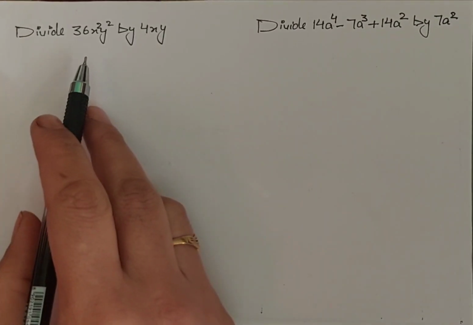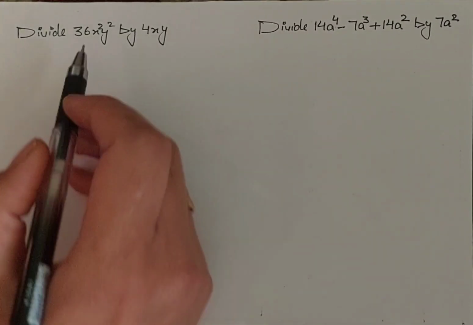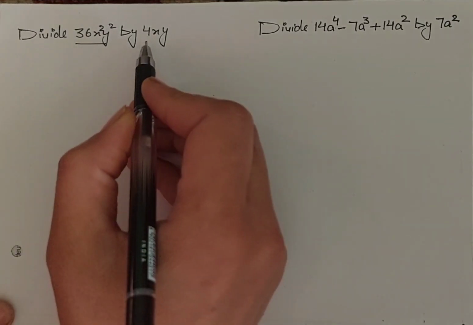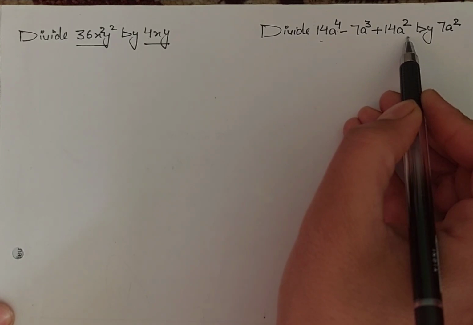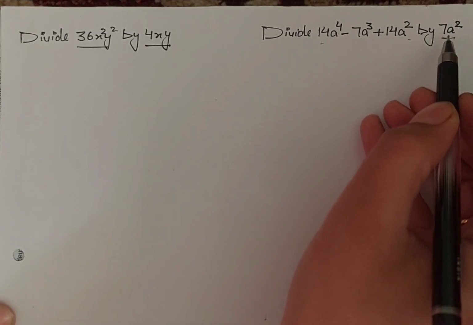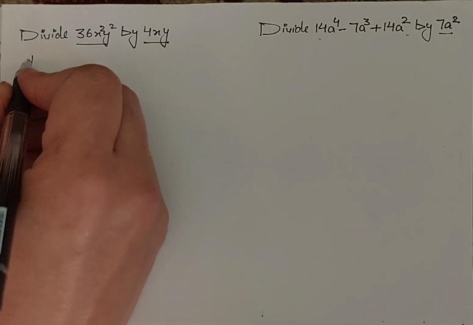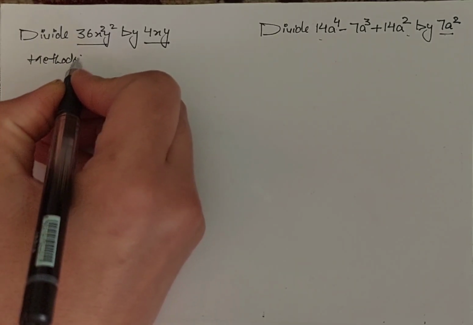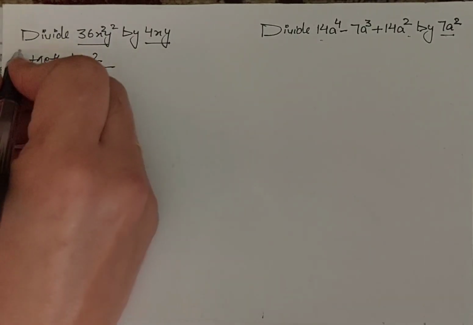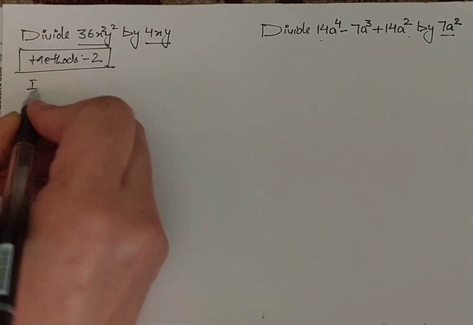In this video, I'm going to explain these two sums. Here we have one term which is to be divided by one term. Here I have a three-term expression which is to be divided by one term. So there are two methods of doing it. The first one is,